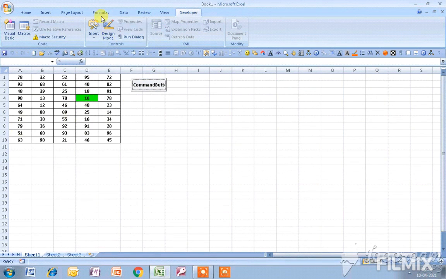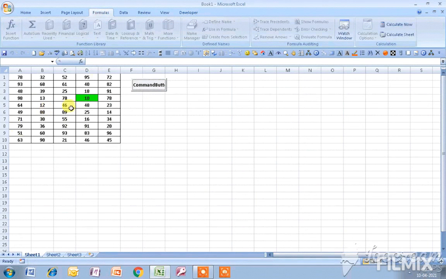Okay, and if I change the value of this range and again click on this button, then you can see this is the minimum value of this range. You can see these are two values, those are minimum in this range.